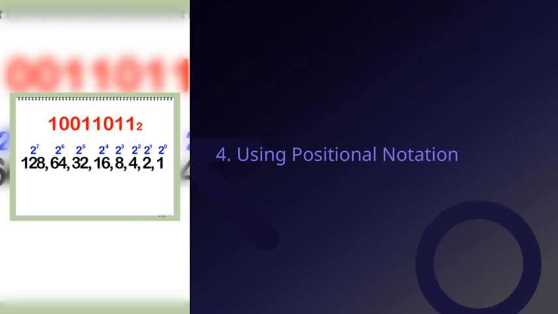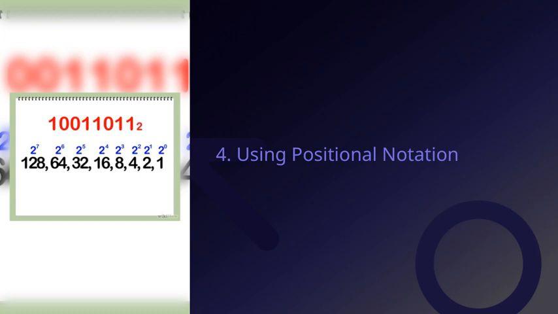This is a fundamental idea in number systems that really transforms how we understand and work with numbers. Essentially, positional notation means that the position of a digit within a number determines its value. For example, in the number 345, the 3 is in the hundreds place, the 4 in the tens, and the 5 in the ones. This system allows us to represent very large or very small numbers efficiently, simply by changing